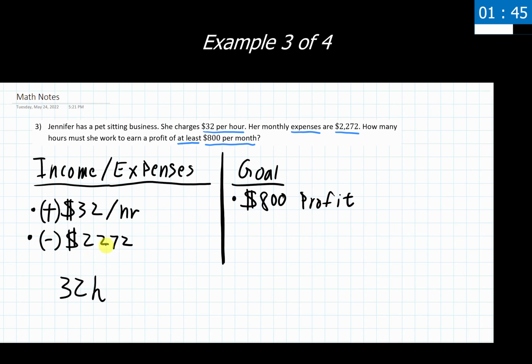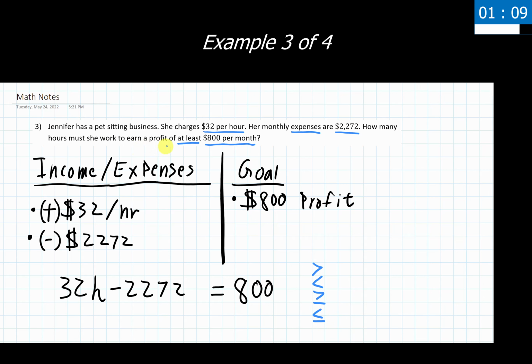Now, with the expenses, is that adding to the amount that she's getting, or is that taking away? And it would make sense for it to take away because it is listed as expenses, after all, in the problem. Okay, so there's the income expenses working out and interacting, and we want that to be equal to 800. And again, we're going to revise this here to an inequality, but we just make our initial equation just for starters. Now, would it make sense to have greater than, less than, greater than or equal to, or less than or equal to for this problem?